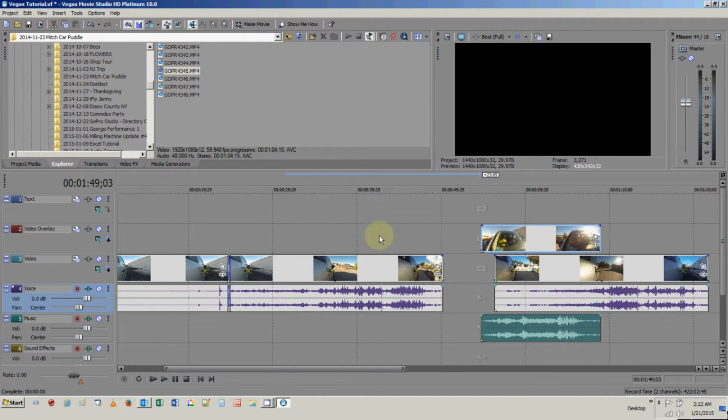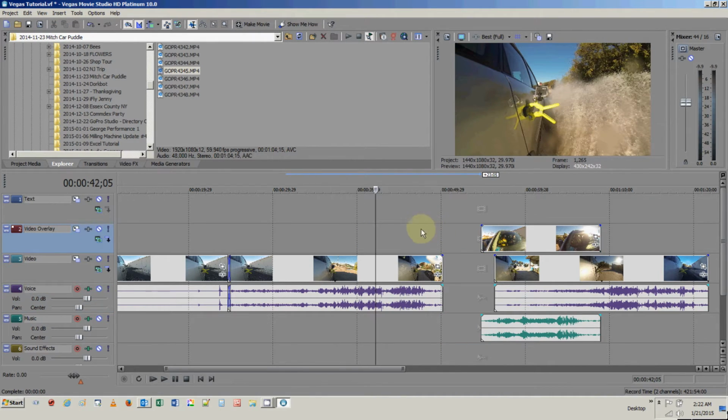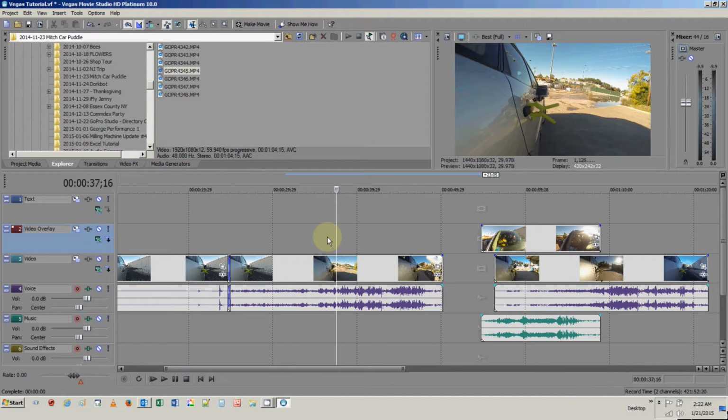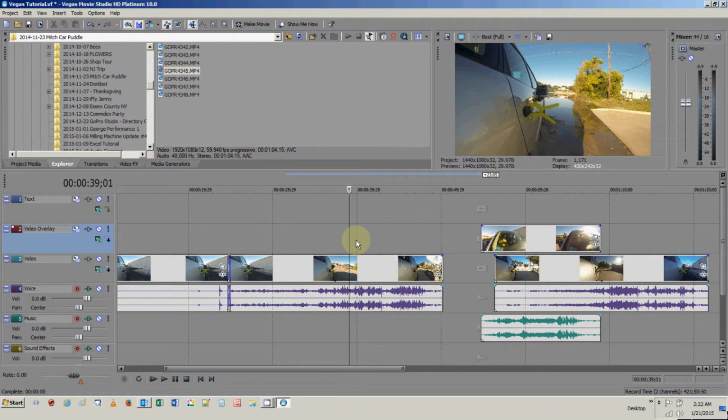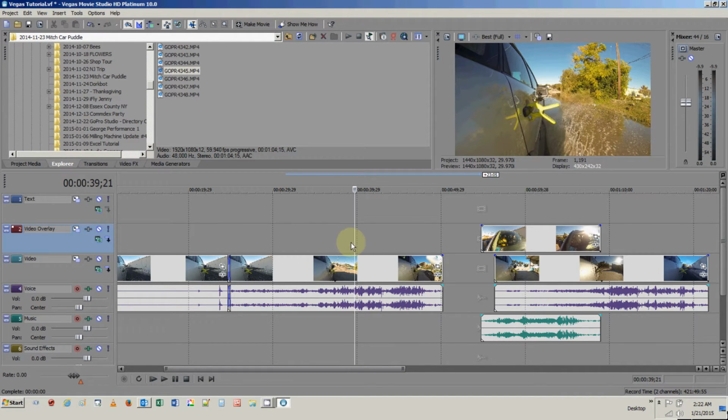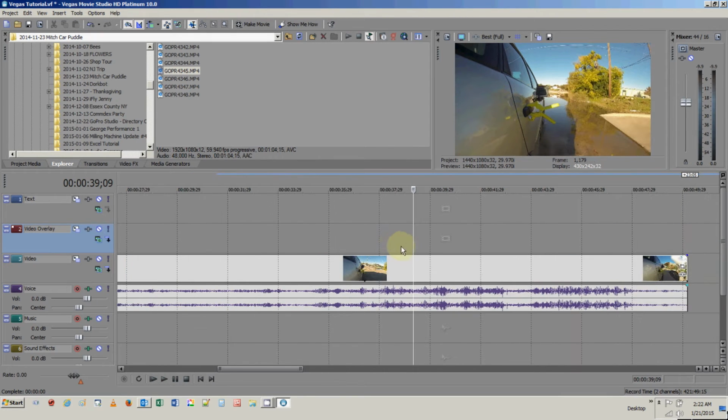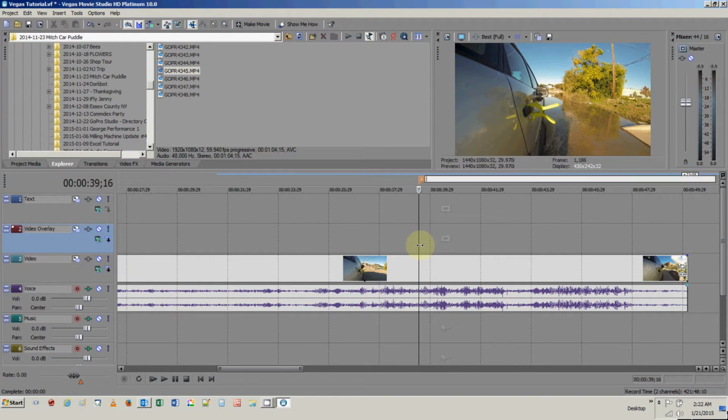So what I want to do is look at this footage. You can see we're in the water here, and right about here is when we first hit the water. We're just coming up to it, and so right about here we're going to hit the water. So let's say I want to put a marker there. I can zoom in even more and get to the exact point where we hit the water. There we go. Now I can hit M for marker, and I can put in "hitting the water, first pad," or just leave it "hitting the water." So now I've got this marker there.